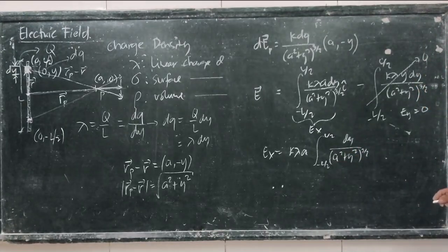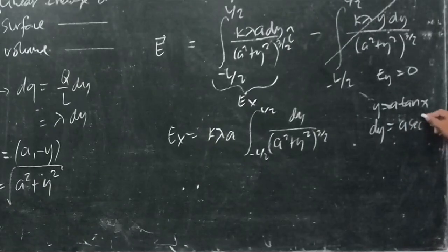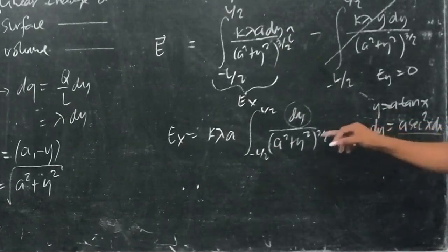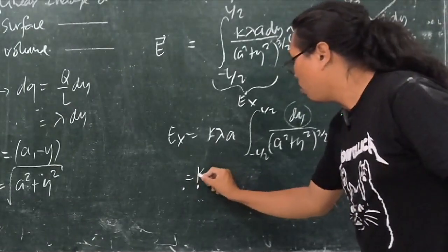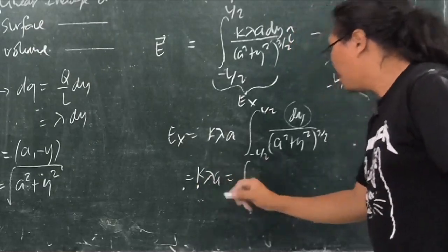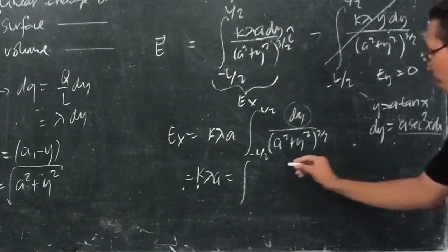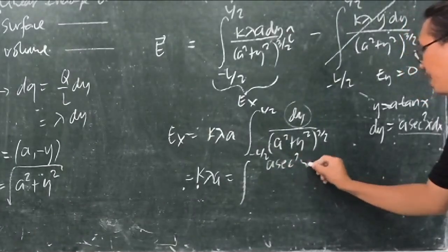Now, we integrate this by trigonometric substitution by letting y equals a tangent x. So dy now becomes a secant squared x dx. So dy will be replaced by this. So what would happen to the equation? We have now k lambda a, the integral, let's not put the limits now because they have changed. You have a secant squared x dx over